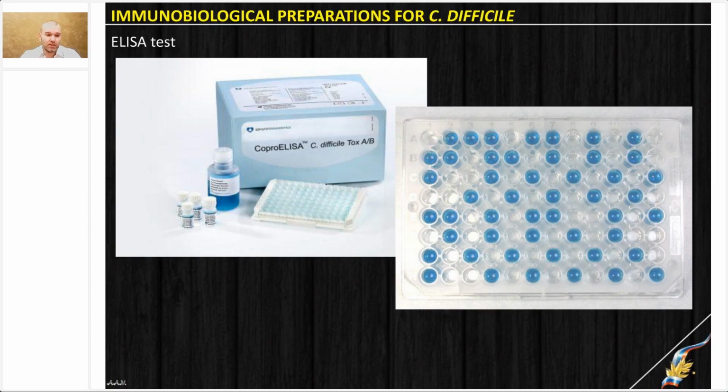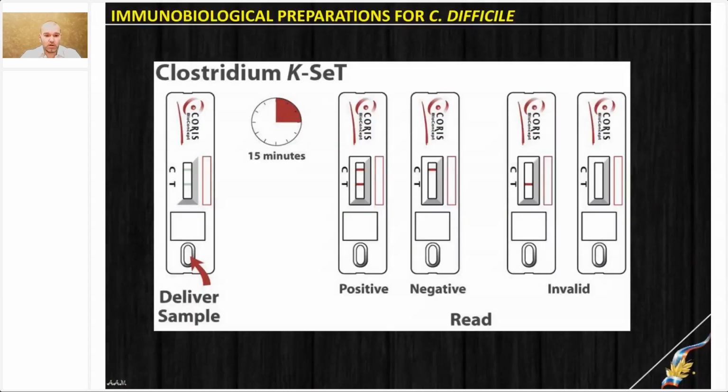But usually, in the case of ELISA, we can identify only toxin. We cannot differentiate A or B. It's just showing that some toxin is present, and of course, it means that Clostridium difficile is the reason. But that test cannot show you the presence of non-toxigenic strains. You'll identify only toxigenicity of Clostridium difficile. The test requires a few hours, and nowadays it is mainly replaced by immunochromatography, and the principle is kind of the same,